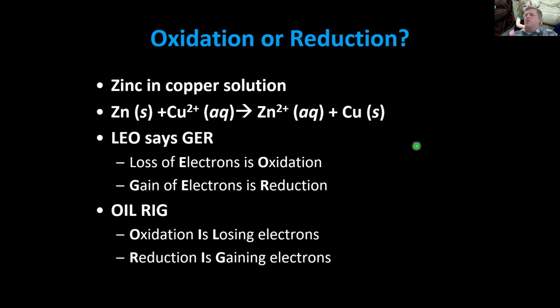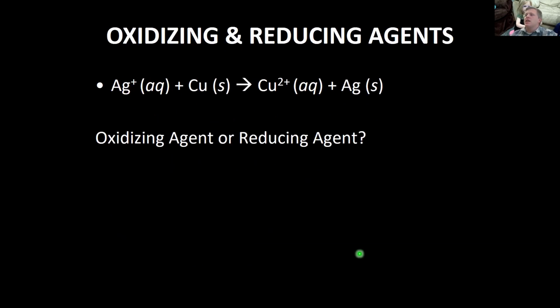Another acronym that you can use if it's more helpful is OIL-RIG. I actually prefer OIL-RIG. But OIL-RIG stands for oxidation is losing electrons, reduction is gaining electrons. So it's the same as Leo says GER. I just like it better. All right, so now that we've talked about what's getting oxidized and what's getting reduced, let's talk about oxidizing agents